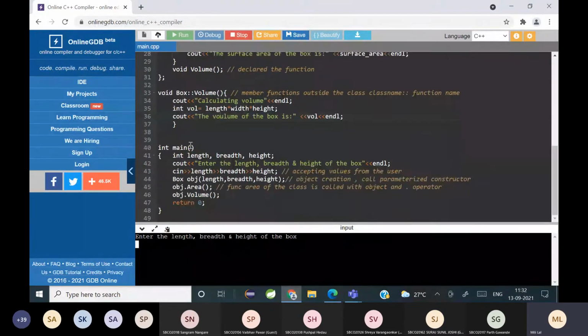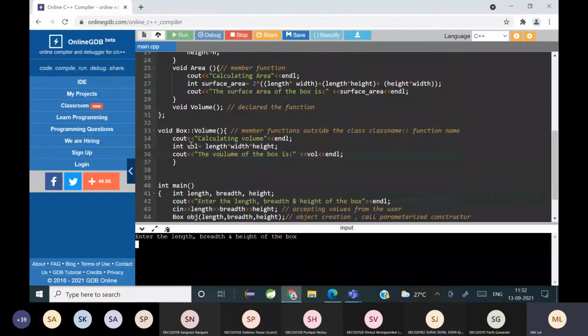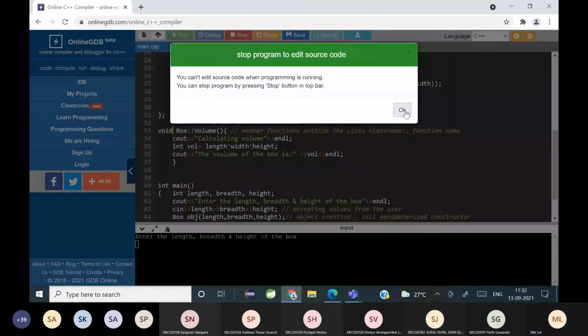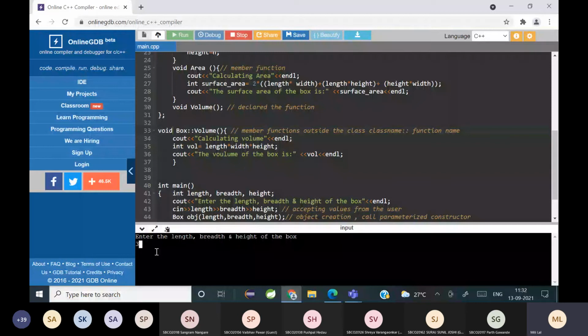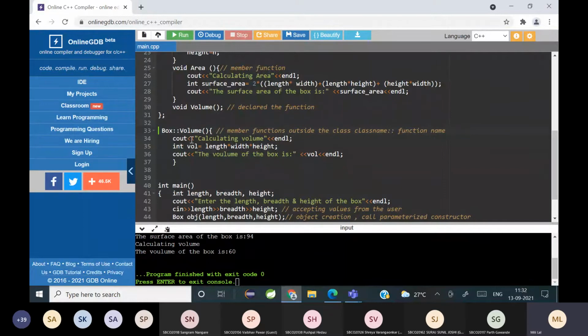Now I hope you all know the return type and all. Suppose I want to return a value. I will write int here. So in that case, I have to change the declaration part also to int.